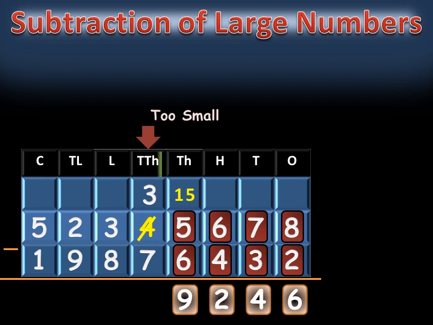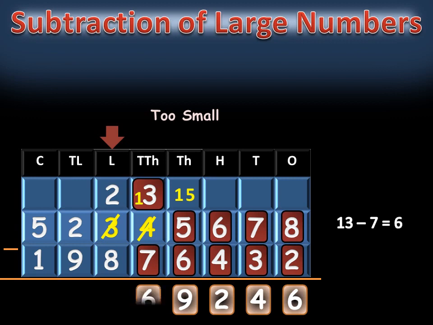Step 5. Subtract the digit of the 10,000 place. Again, we cannot subtract 7 from 3, so we borrow 1 lakh from the lakh column. If we borrow a 1 from 3, it will change from 3 to 2. Then we put 1 in front of the borrowing digit, which will make it 13. Now subtract: 13 minus 7 is equal to 6. So 6 will be written in the 10,000s place.